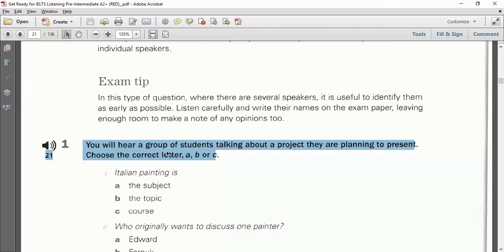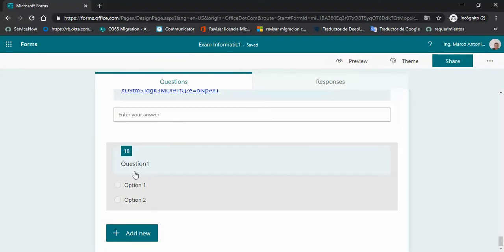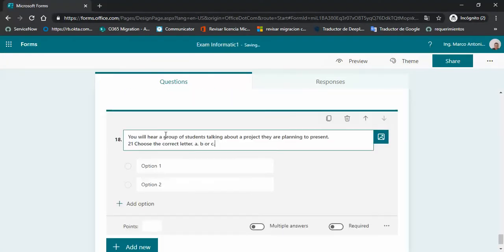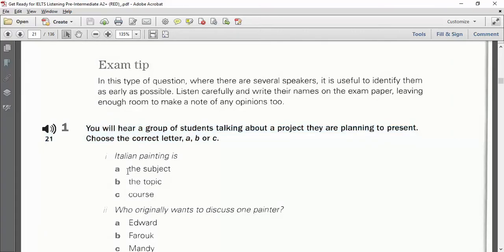Question 1. You will hear a group of students talking about a project they are planning to present. Choose the correct letter A, B, or C. And we have the answers. The first one, Italian painting is